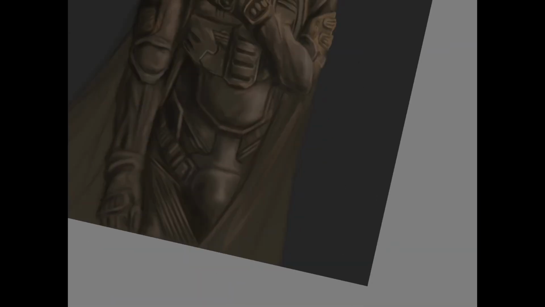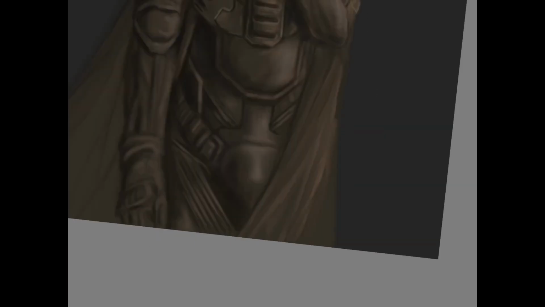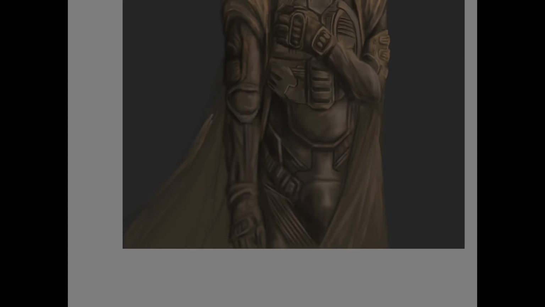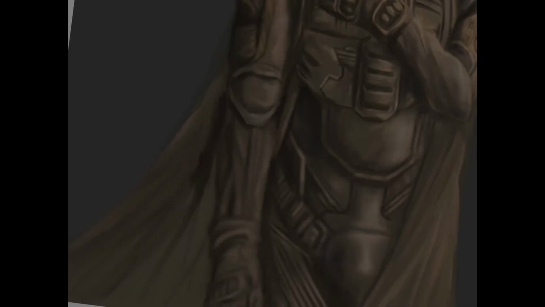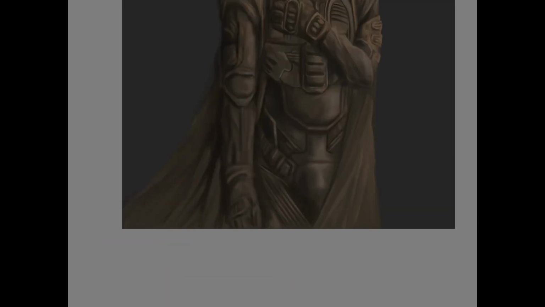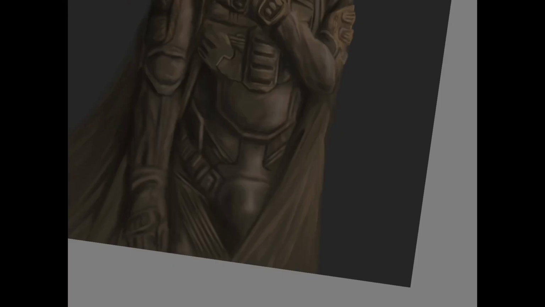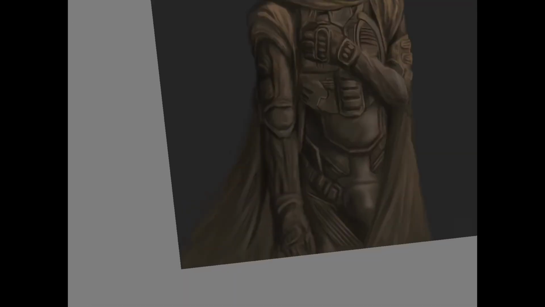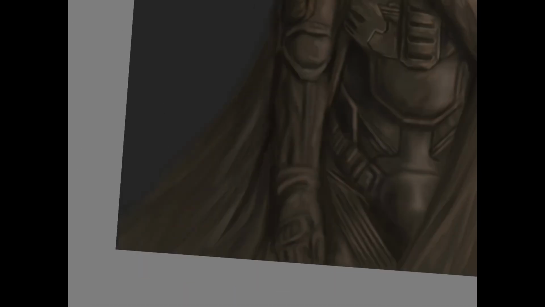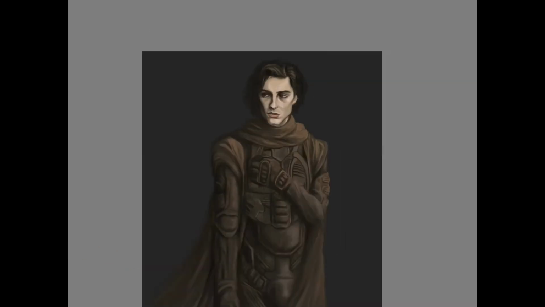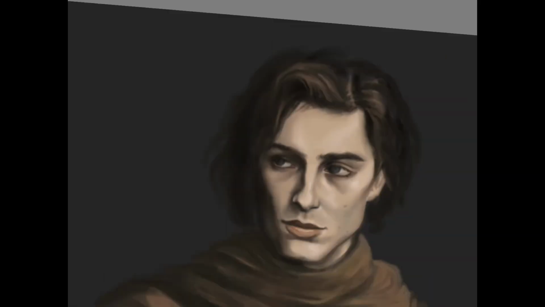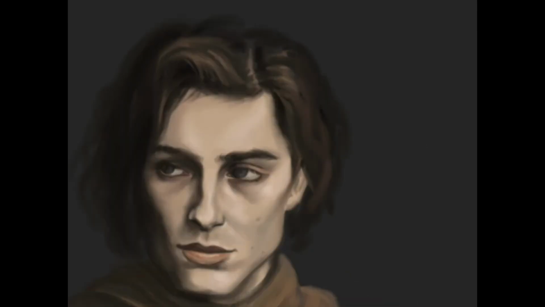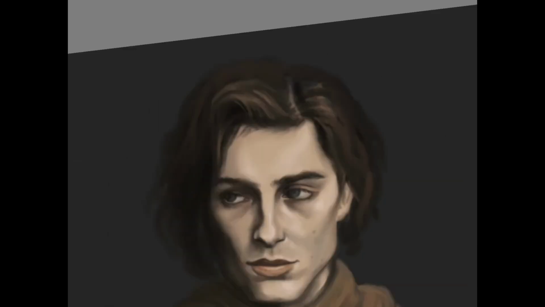And once you find your references, since it's a digital drawing, you don't have to be as precise with your composition, which for me is a huge advantage of digital art, because sometimes we all mess up a little bit with the composition. So you can change it later, and when you learn, I think it's a very good feature of digital art and its opportunities. So then I determine, looking at my reference, what are the basic shapes that I see,